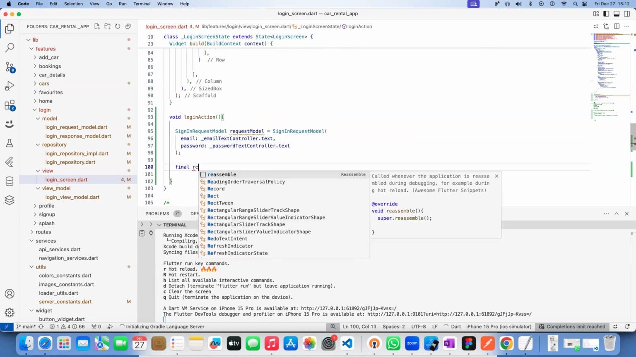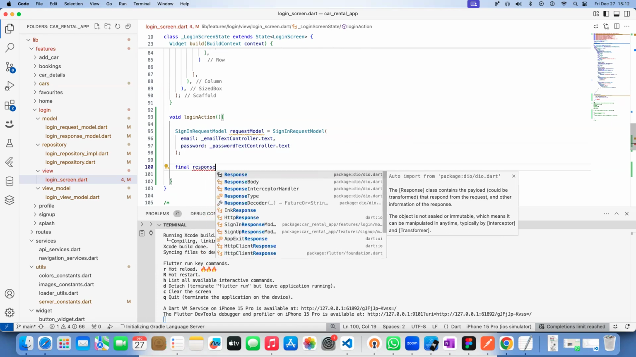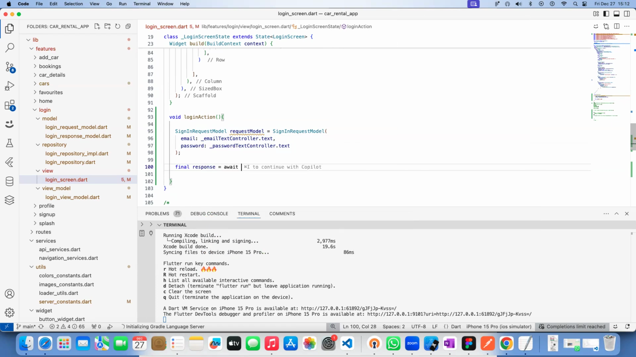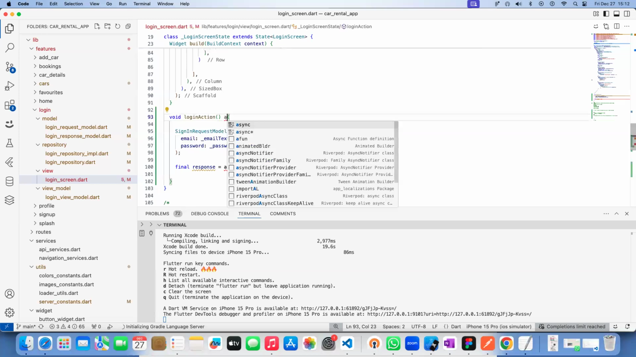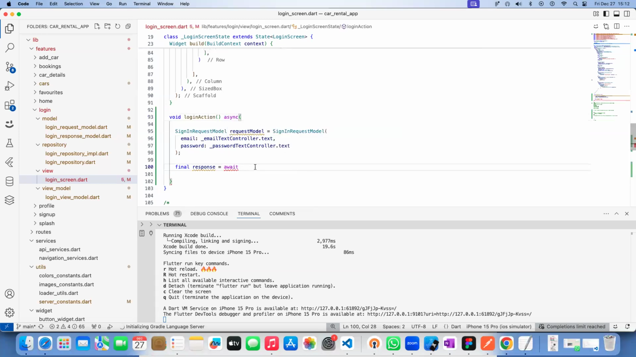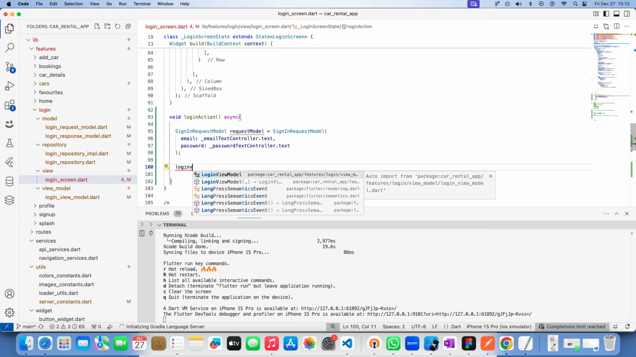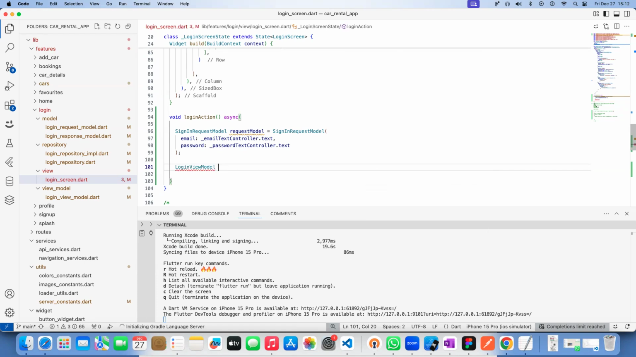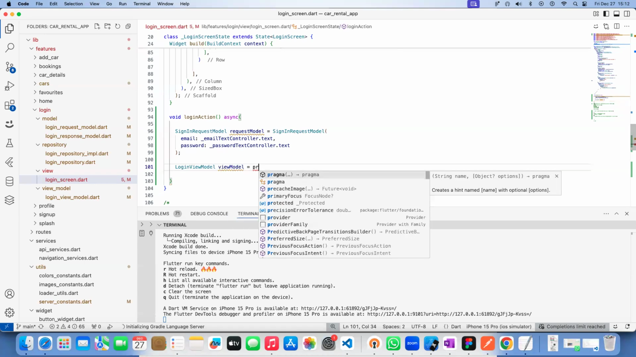Here, response, or you can take anything. Await method. If it's an await method, change it to async await. Okay, before that, let's get the provider here. In the provider, we'll call that. So the provider is login view model. Okay, the view model